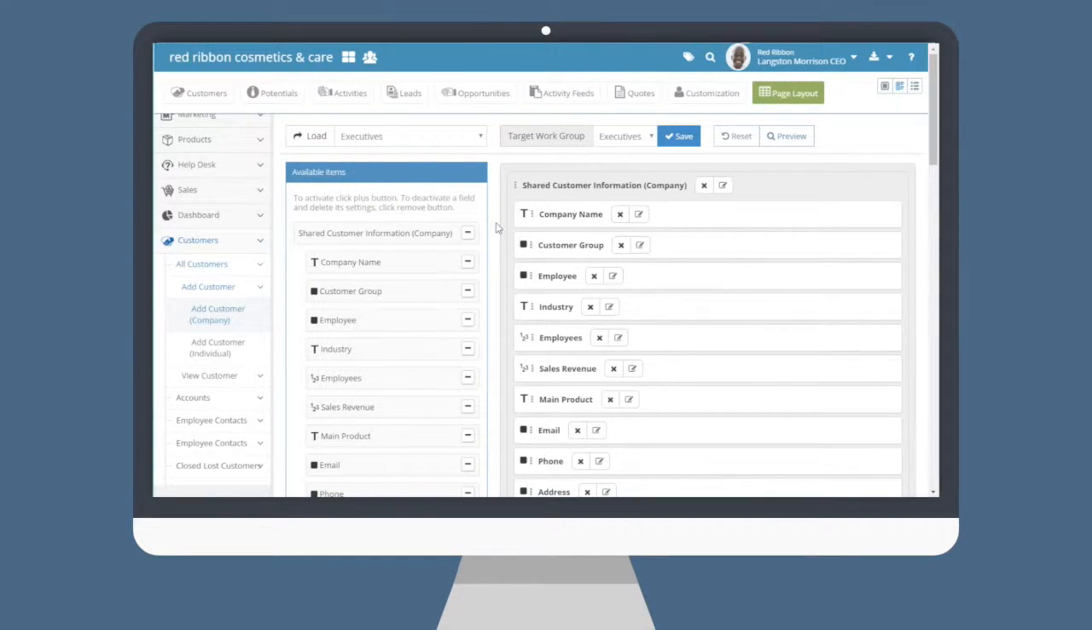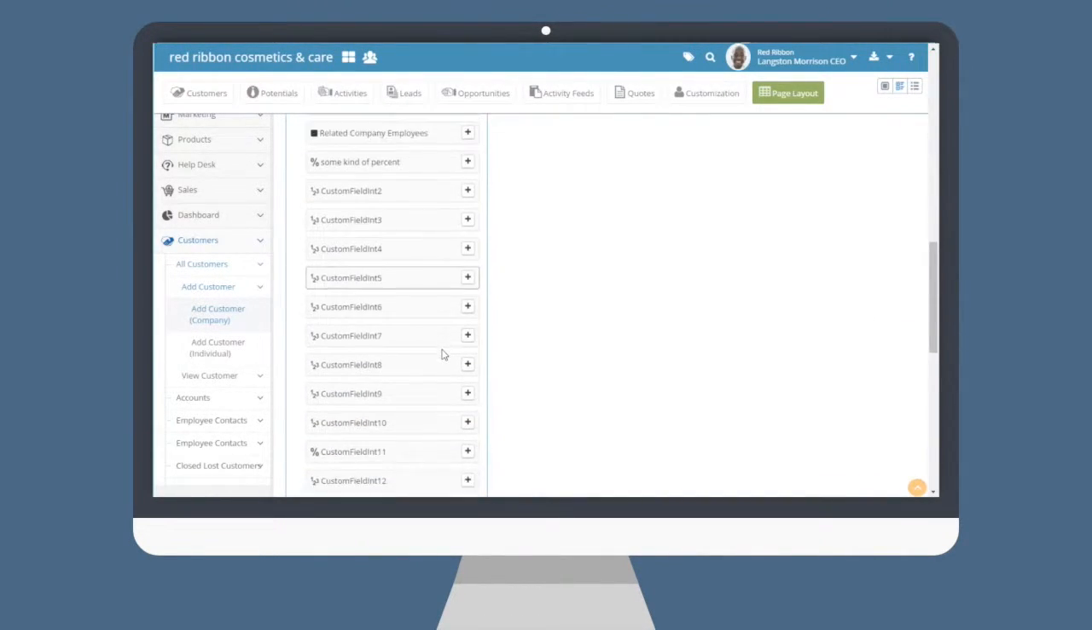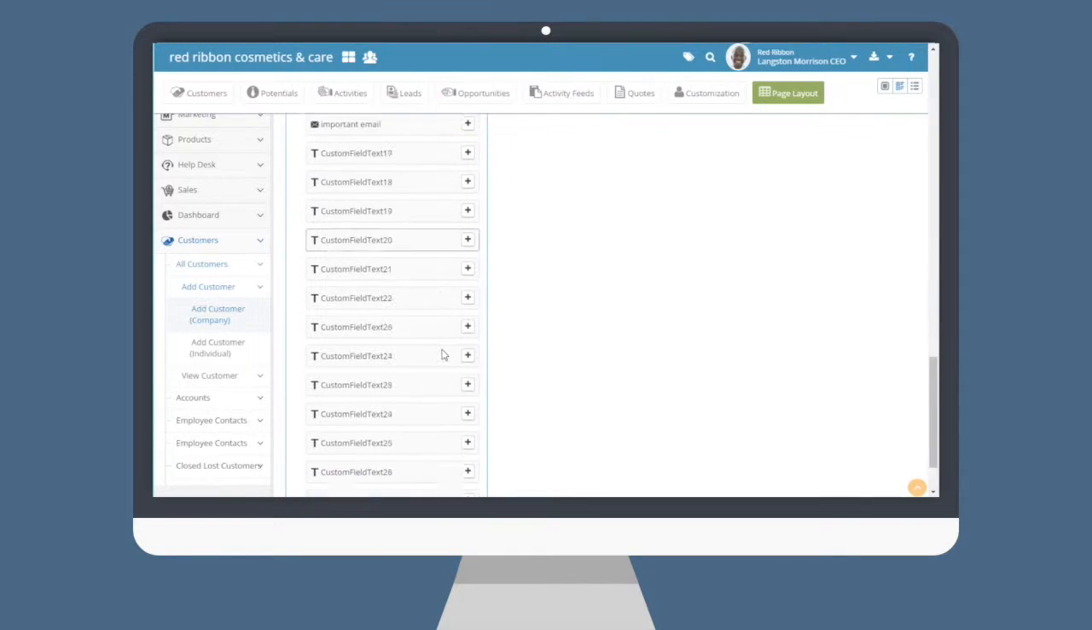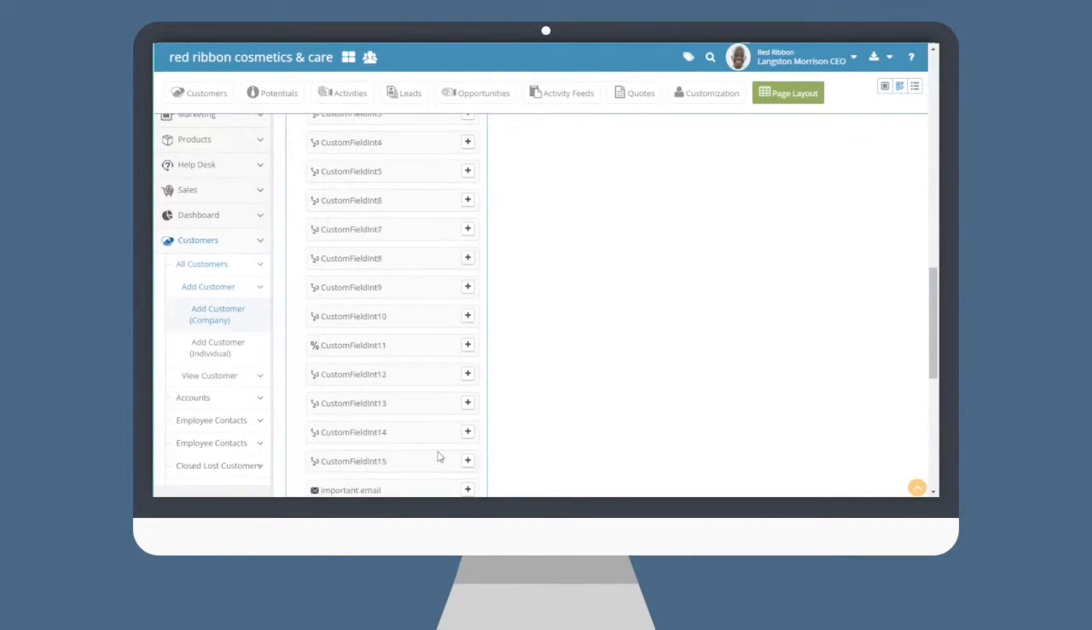This explains what kind of field it is. For example, a T in front of the field means it is a text field like the company name, while the numbers 1, 2, 3 in front show it is a number field, like the number of employees. In addition, if you keep scrolling down the page, you'll notice a huge list of possible custom fields that you